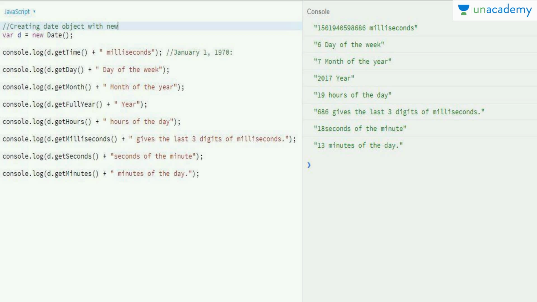So when I get the time with the help of d.getTime, as this is case sensitive, you have to write the exact case for every method. Like this is camel case, which starts with a lowercase letter, and then the second word starts with an uppercase letter. So you will get the time